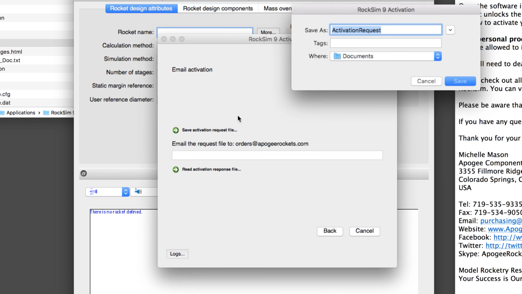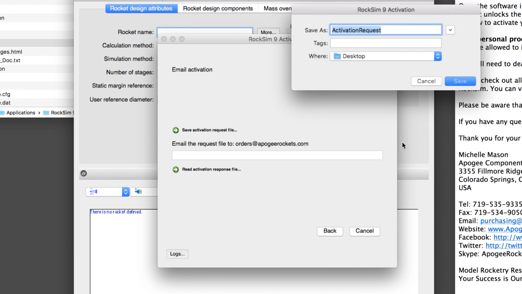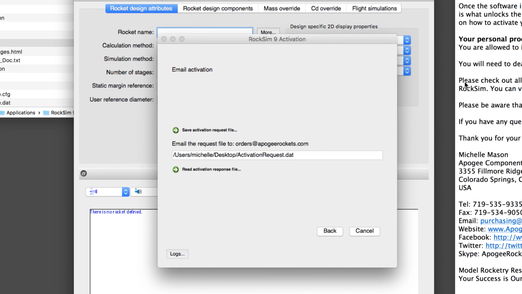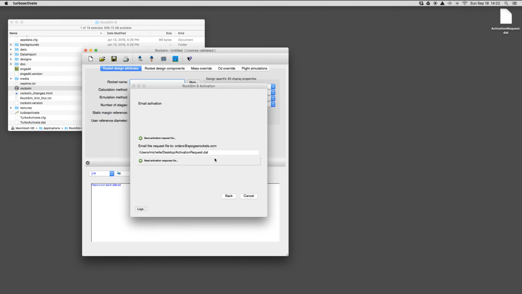So it'll prompt you to save an activation request, and where in your computer is up to you. You need to know where it goes. So I always put it on my desktop because you can't lose your desktop. So we'll save that file, and it may be .dat, it may be .xml, depending on your computer. And you will email that file to us, and then we will email you back one that's called activation